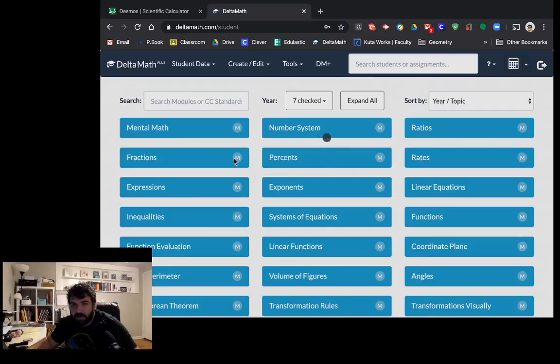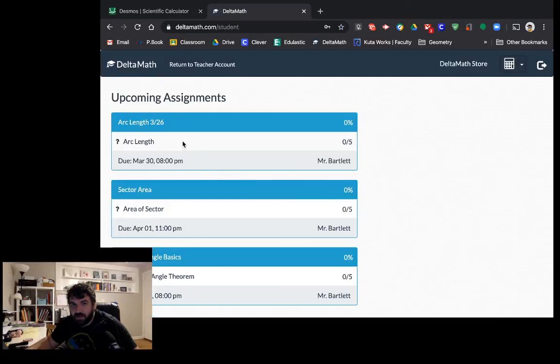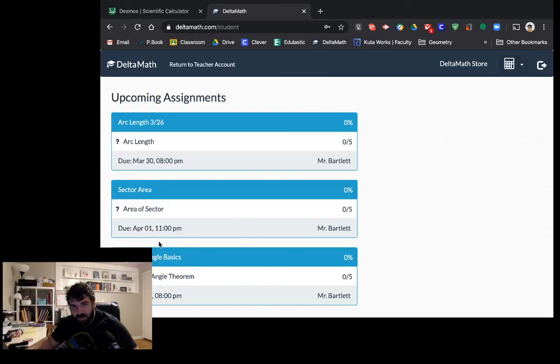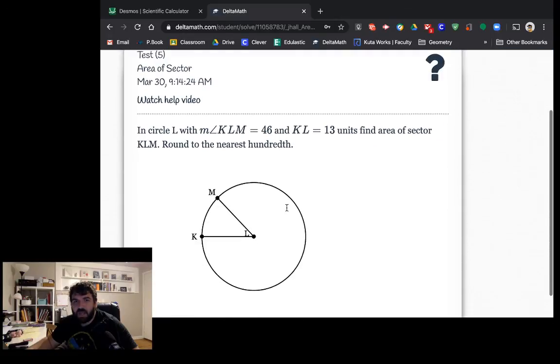We'll check out 5th period sample student page. You guys should have sector area right here. When you check out in here, all it is is this circle. Copy this stuff down, copy the picture. Sketch a circle